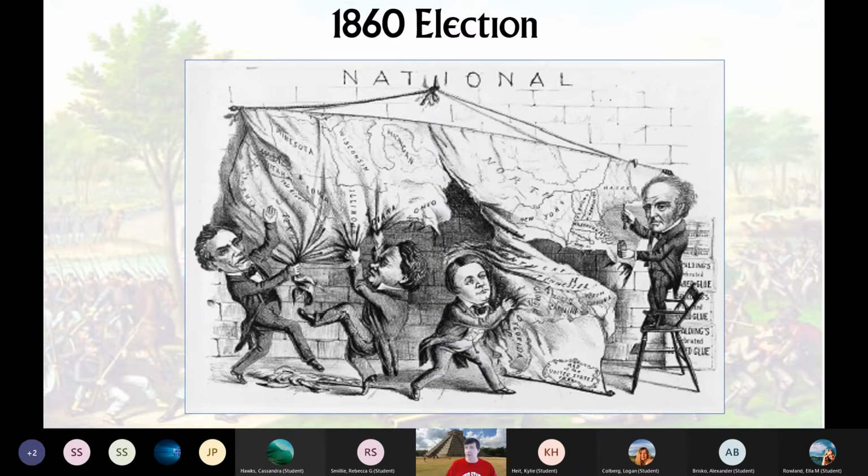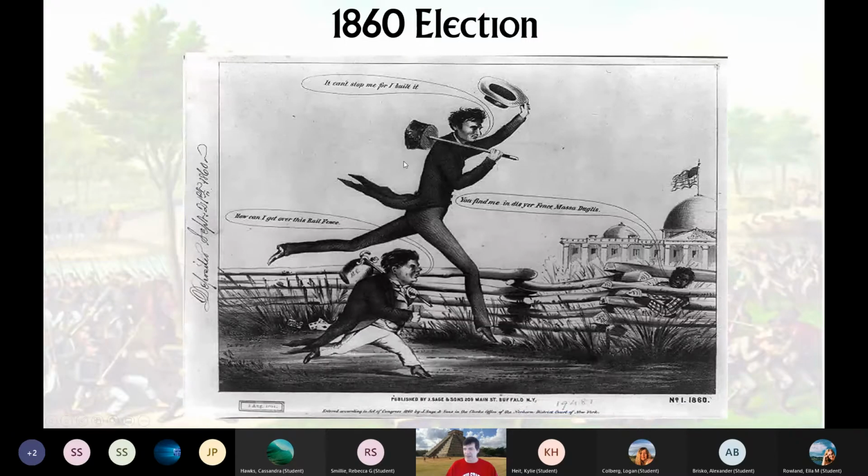This happened a couple times in history. For example, you could say 1912, Woodrow Wilson. The Republicans were split. So that's another time it happened in the exact opposite way. And I think I showed you some of the cartoons. This is one of my favorites, the Lincoln with a ham on a stick, getting to the White House. And don't forget, all Southerners looked at Lincoln as part of a conspiracy to destroy them, and he's a John Brown.